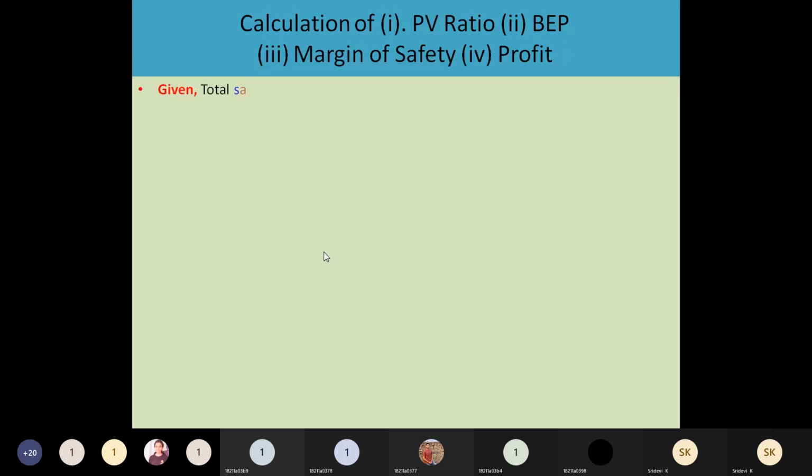Okay, how to solve this problem? Let us see. So first, take all the elements that were given in the problem. So given information, you have to write first. So total sales are 8,000, variable cost. Even though it is not mentioned total, you treat it as total variable cost. If it is per unit value, they will specifically mention variable cost per unit. So if it is not mentioned as per unit, you take it for granted that it is total variable cost.